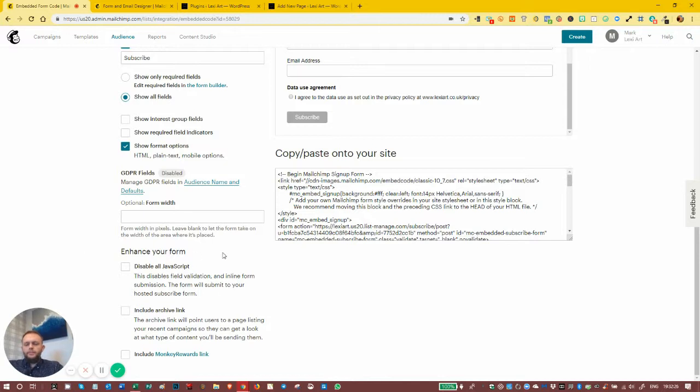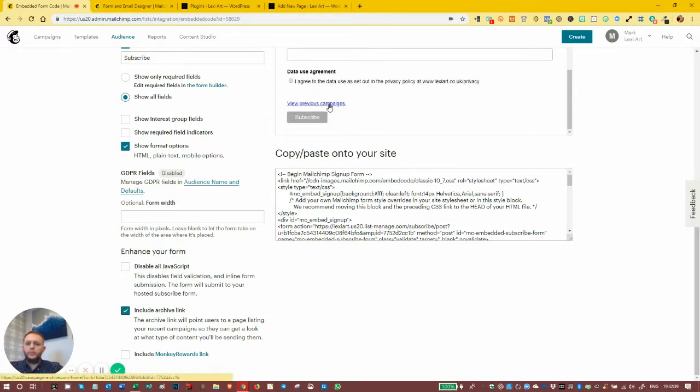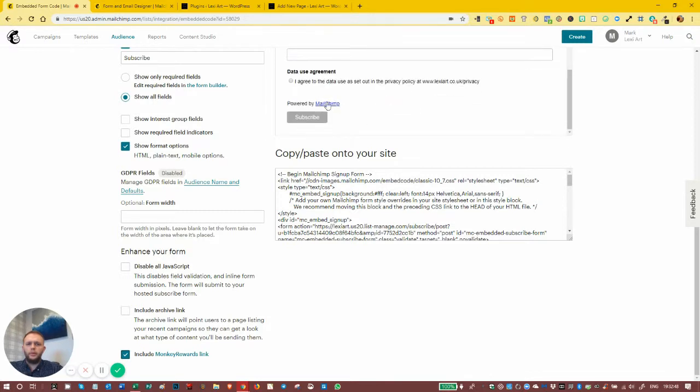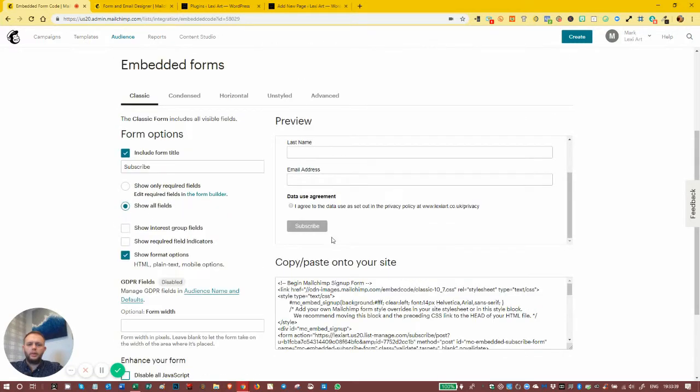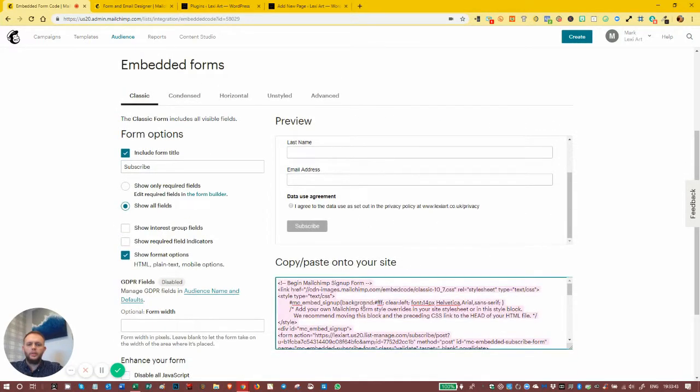When it comes to this enhance your form, we can include an archive link into the form as well, so people can view previous campaigns. That's optional there. Why it's there, I don't know. We can include the Monkey Rewards link, which is the Mailchimp logo, the powered by Mailchimp there. But what we're going to do now, if we're happy with that form, is copy this code here,